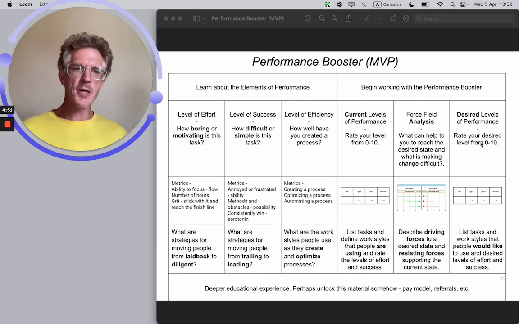So in this YouTube series, we're going to go from this MVP concept to a fully functional